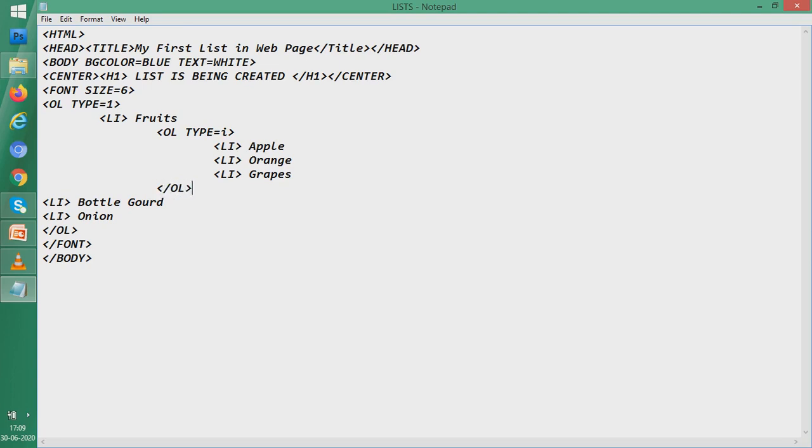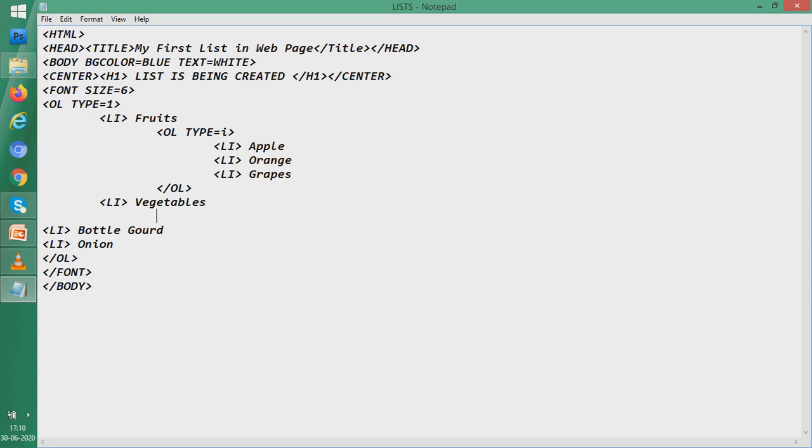Now we will write li, and in this li we will write vegetables. So we write vegetables, and again start an OL for the vegetable part.